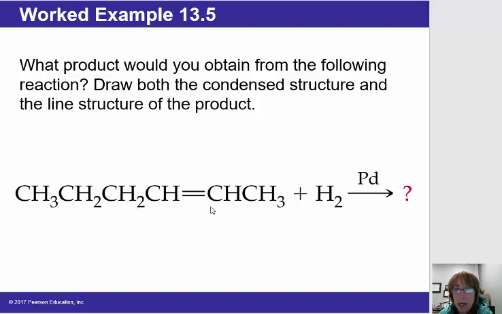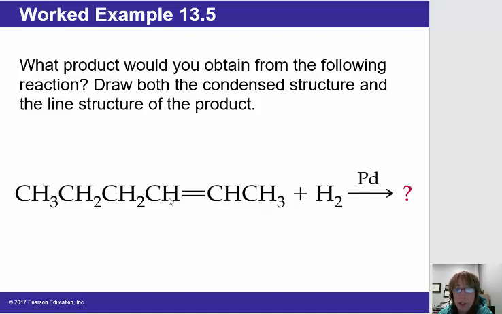So let's look at naming this alkene. We see that there are 6 carbon atoms and no branches, and we want to give the double bond the smallest possible number. So this double bond starts on the 2 carbon. So this is 2-hexene. And